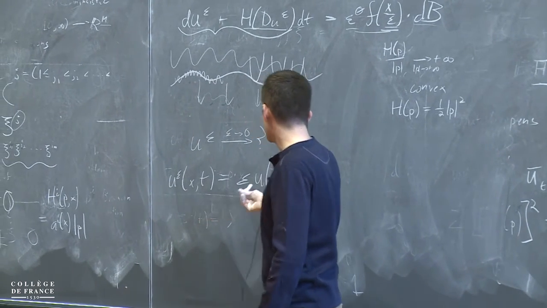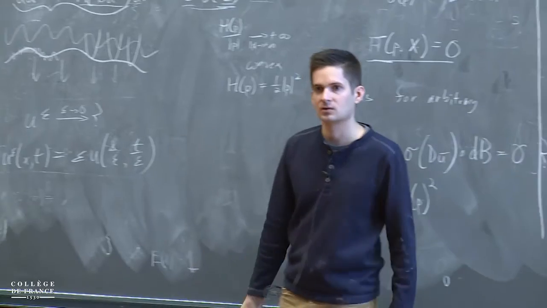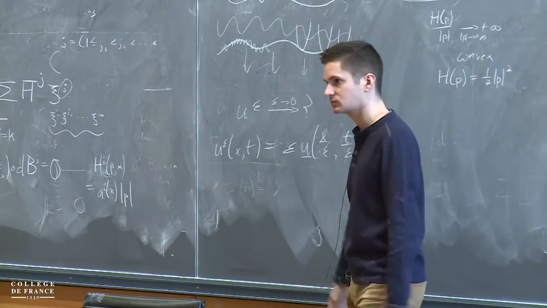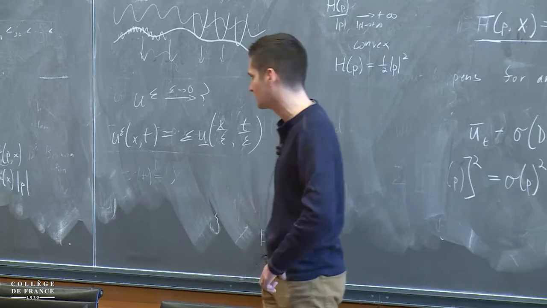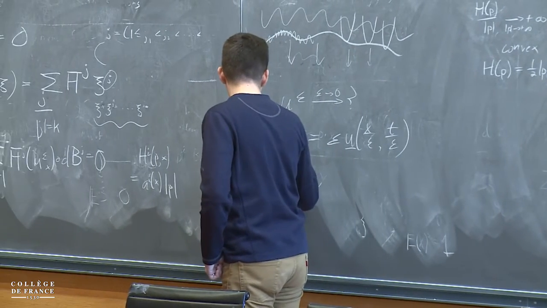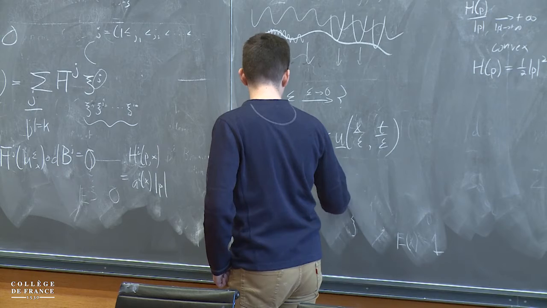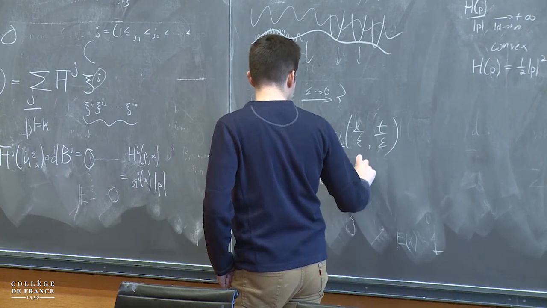So if u epsilon is obtained in such a way by the scaling, then this function u, which I guess should also depend on epsilon, but I'm suppressing that for now, will satisfy, if you go through all of the Brownian scaling, exactly this equation,